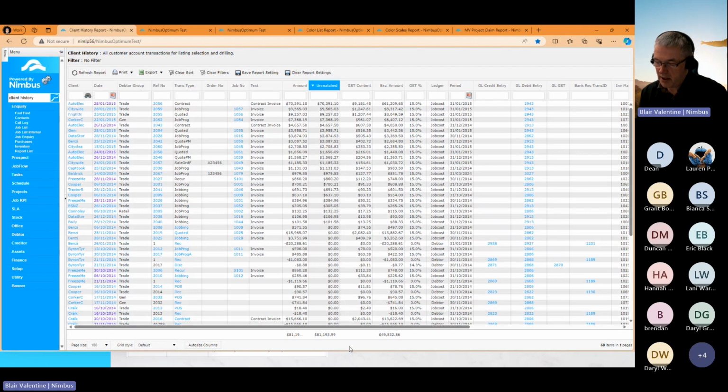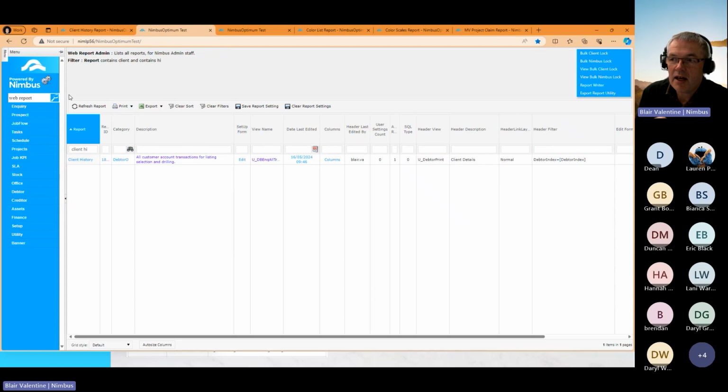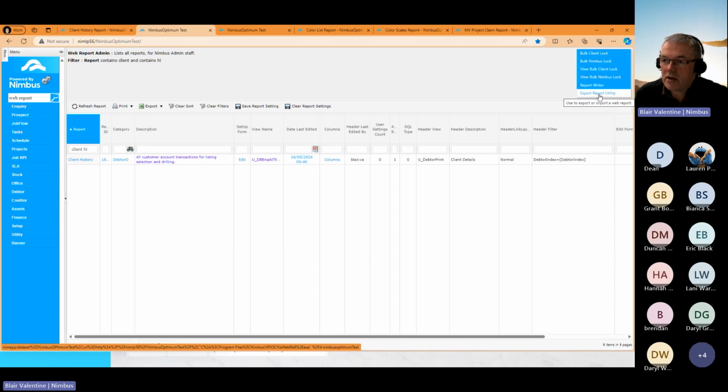Okay, right. One other thing that I want to show you next is that we've made all these changes to reports. If we've gone through and done all sorts of weird and wonderful things, we've changed the layout of the report, and we've done it in our test system, and we want to be able to export that into our live system. How does that work? In our test system here, in the web report admin, you can see there is a header link on the right hand side. There is an export report utility header link. If I click on that,